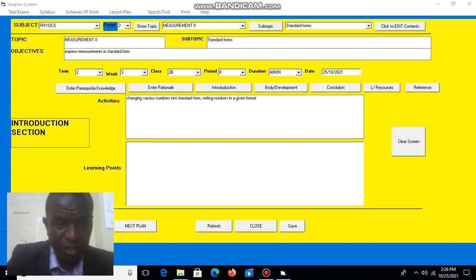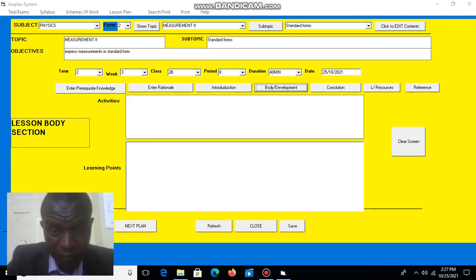The landing point there is standard form of all numbers. In the body, learners